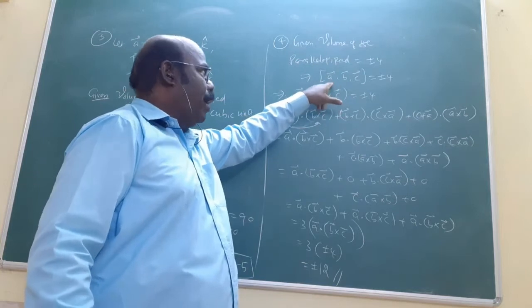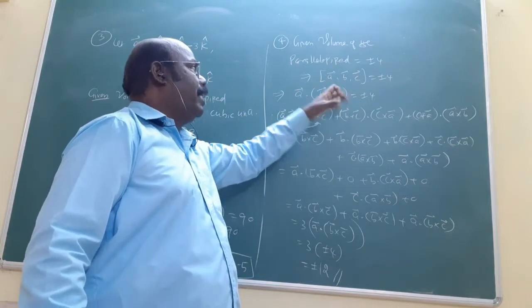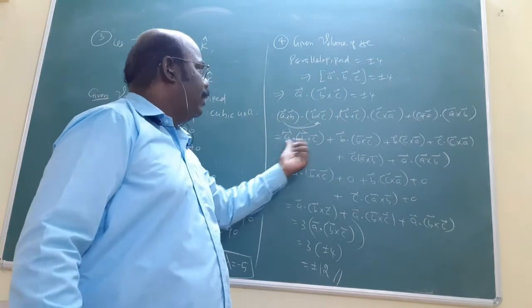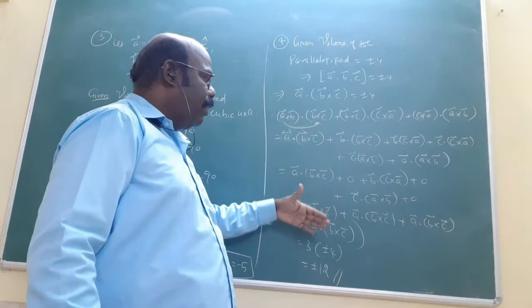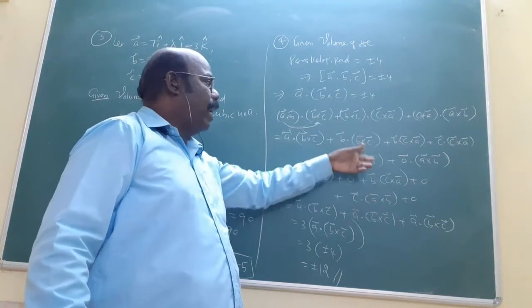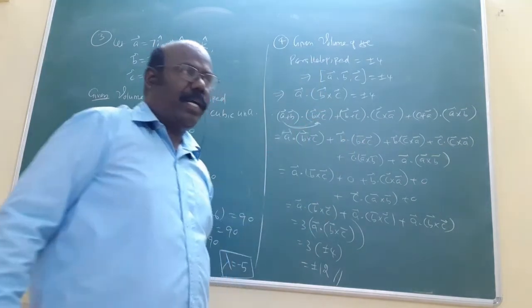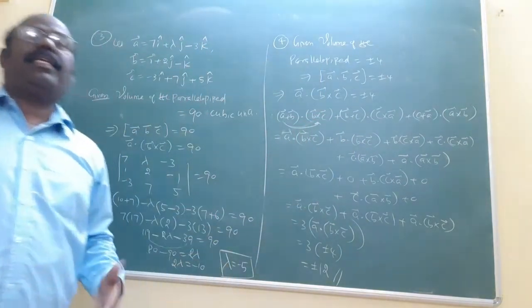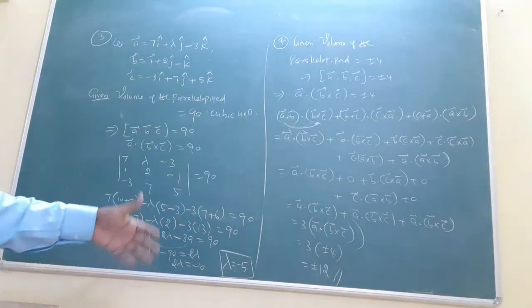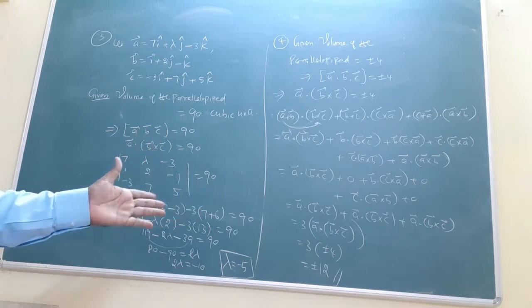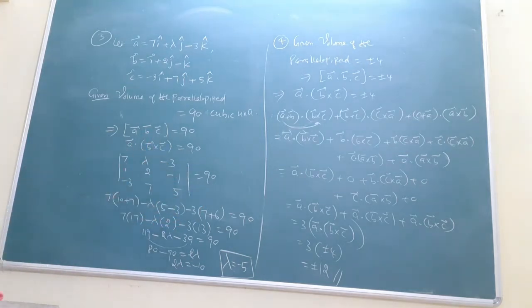What is the meaning? Box product A comma B comma C means A dot B cross C is our assumption. Now write the question, just operate. You want to multiply, then simplify. This is called the scalar triple product, otherwise box product. If an element is repeated, that is automatically 0. So it equals 3 times A dot B cross C, automatically plus or minus 4. 3 into plus or minus 4 is plus or minus 12. That is the answer, for the simple concept, only by using the determinant idea, the box product idea, that's all.